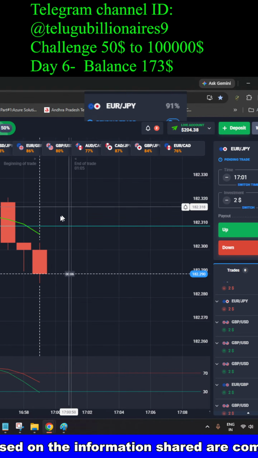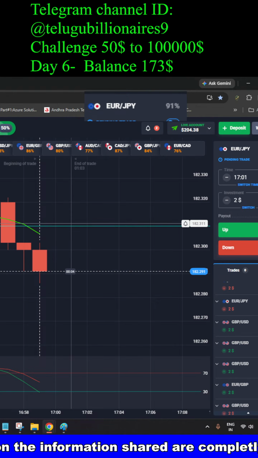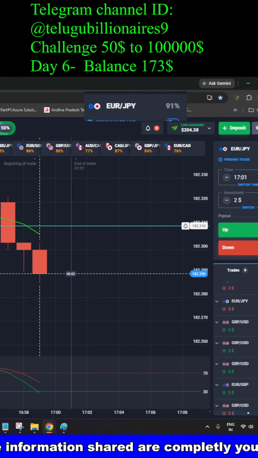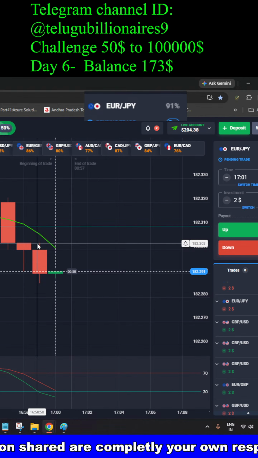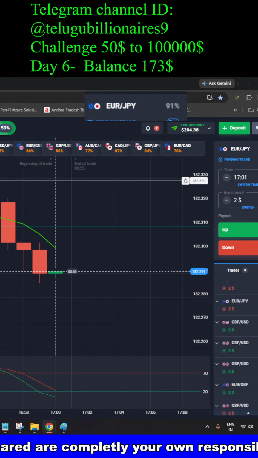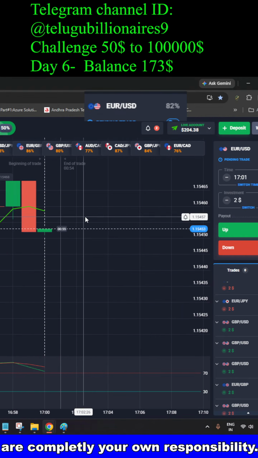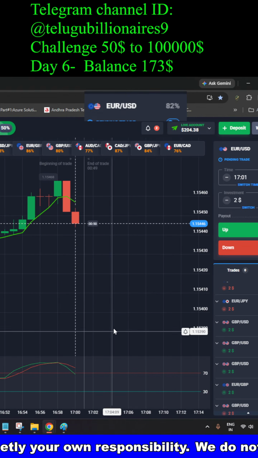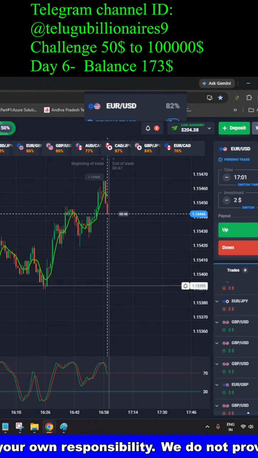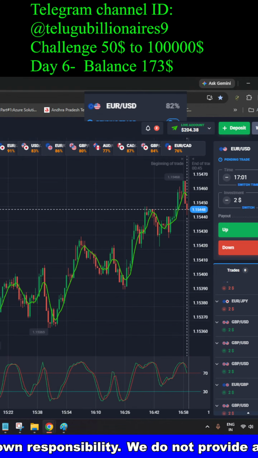Arey Baba, this is a good setup, yeah. Anyone cash this one? Euro JPY. Yeah, now it has come. Okay. Where is the line? No lines here. We'll add a line.